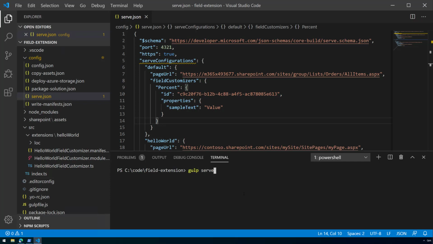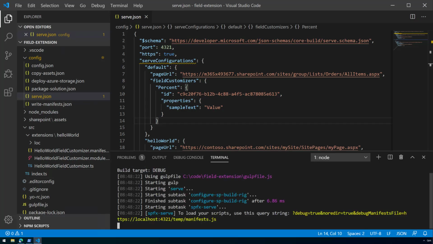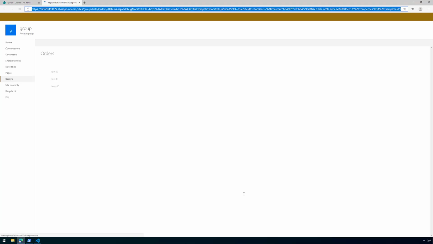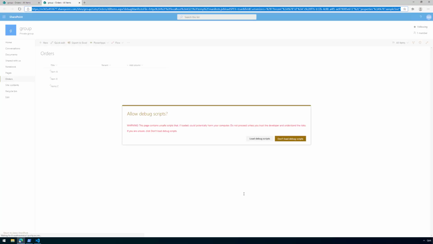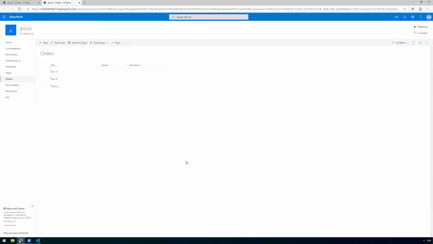And what's going to happen now, obviously, we've probably seen this if we went through the first 4 tutorials in the extensions series. We can spin up a browser. We can then ask, are you sure you want to load the debugging scripts? In this case, we do know what we're doing, and we are being the developer, so we're going to load debugging scripts. And what actually happened here